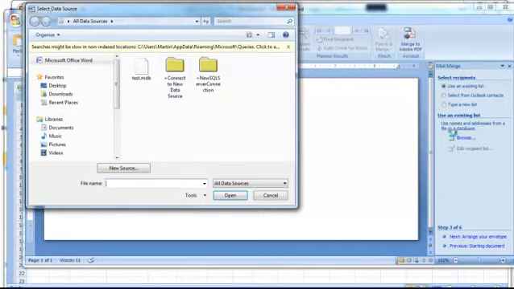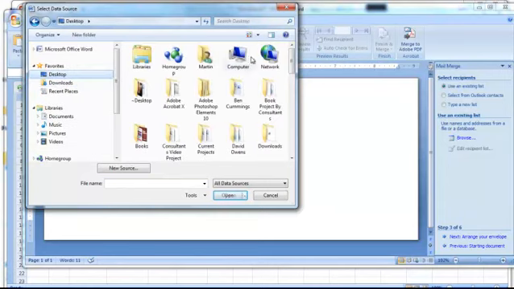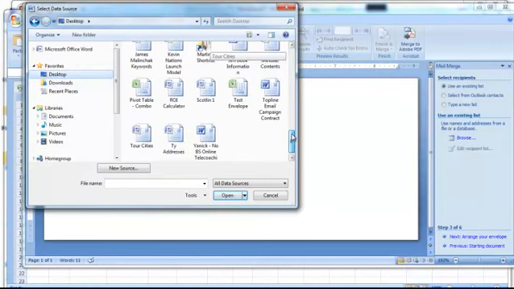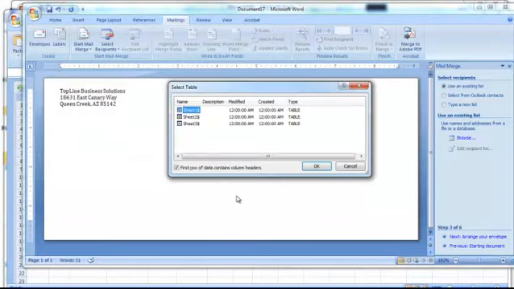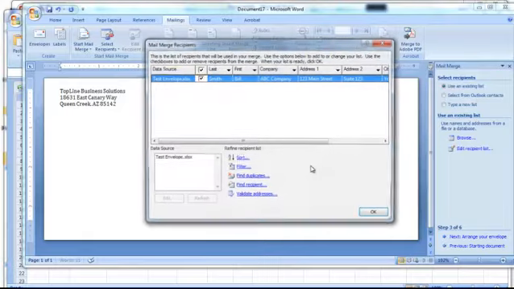So that then brings up my screen that says Select Data Source. I'll click on my desktop. I'll go down to where I have that saved. I call it Test Envelope. I'm going to open that. And it brings up a box that asks me to select the table. Now I put that in sheet 1 of that document, so I'm just going to open that up,